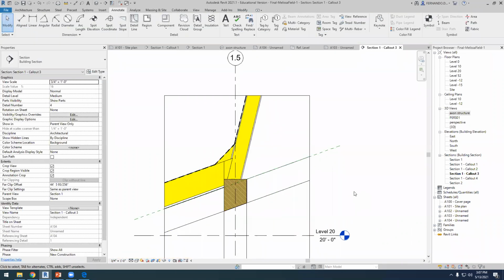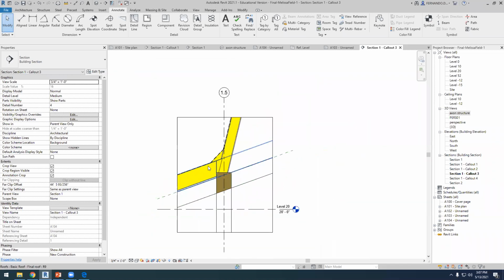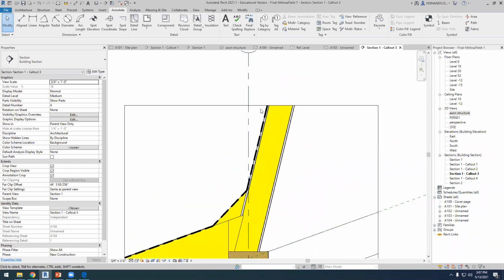Okay. So we have this waterproof layer, and that's it. Well, then we have another layer here, which is the zinc, and we can always